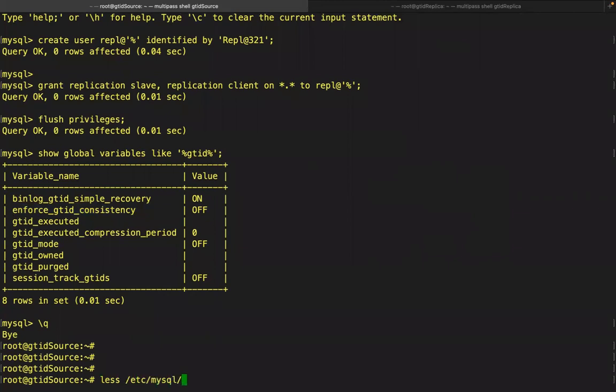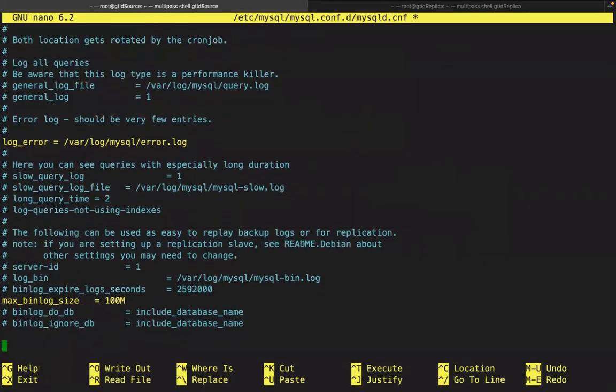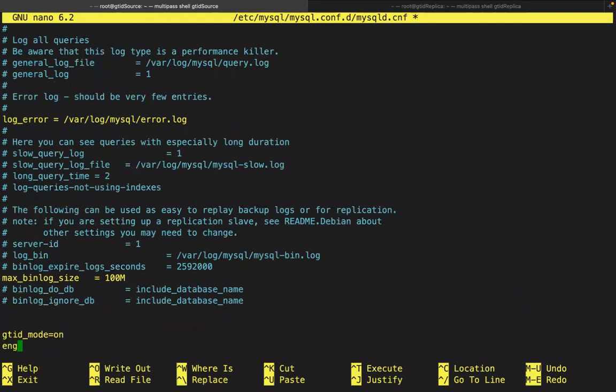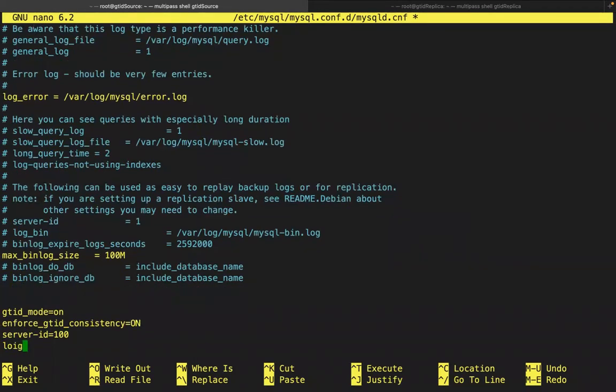Let me go to the config file, and here I'm going to enable it: gtid_mode equal to on, enforce_gtid_consistency equal to on, and server ID, I am configuring server ID equal to 100,